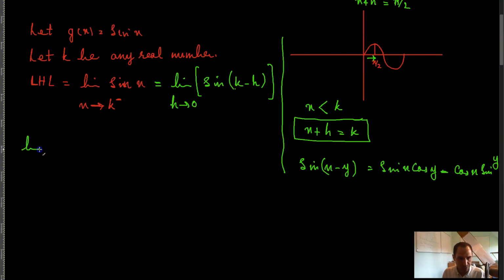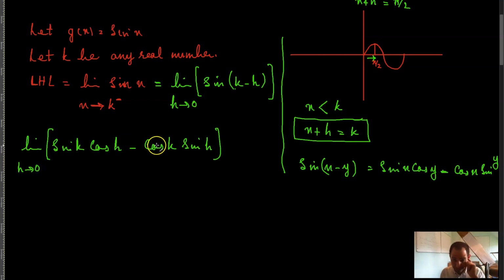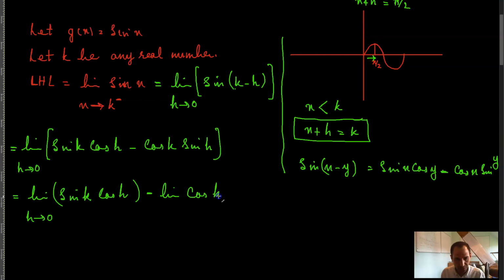And so I can write this as the limit of basically sine of k minus h, based on this formula, would be basically sine k cos h minus cos k sine h, the limit of this. Okay, so now basically we have the limit of this expression as h tends to 0, right? And then you can simply calculate this, meaning that of course you can separate these, and based on algebra of limits, you can write the limit of basically sine k cos h as h tends to 0, minus the limit of cos k sine h as h tends to 0,